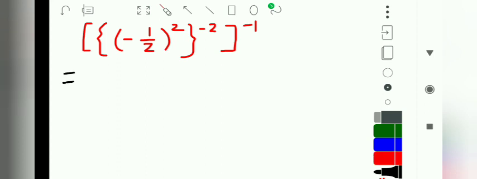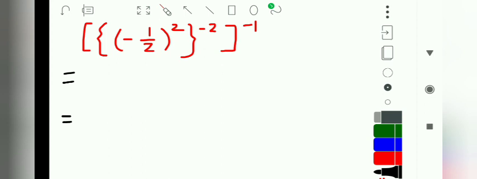First, negative square gives a positive value, and 1 by 2 whole square is 1 square by 2 square, that is 1 by 4. 1 by 4 whole to the power minus 2 means multiplicative inverse of 1 by 4, it is 4 by 1 or simply 4, and additive inverse of minus 2 is 2. Now you have 4 square,